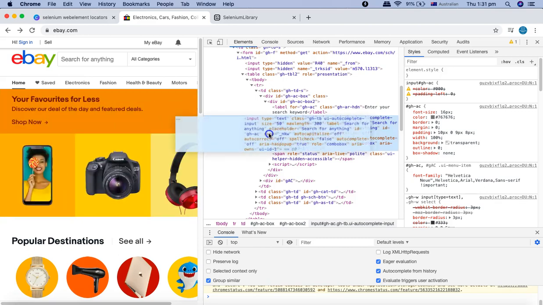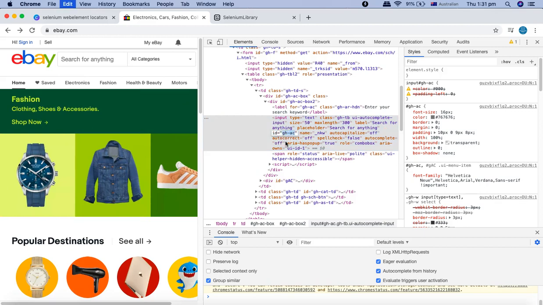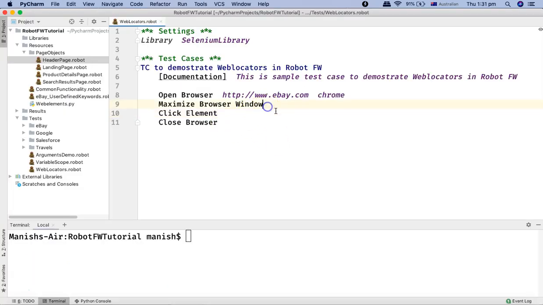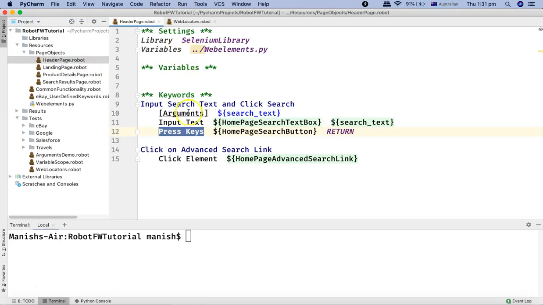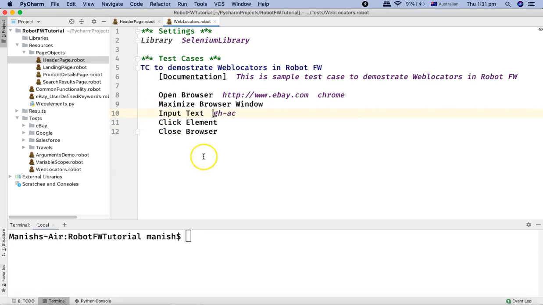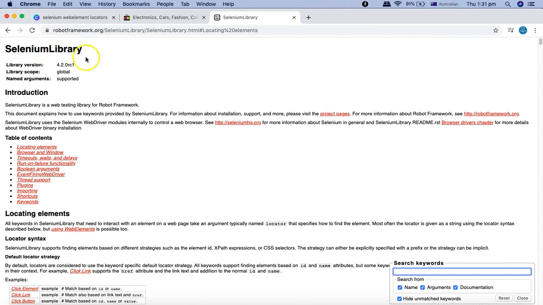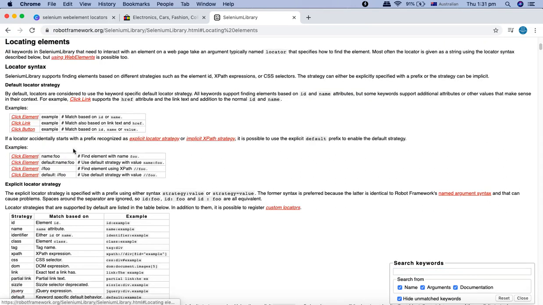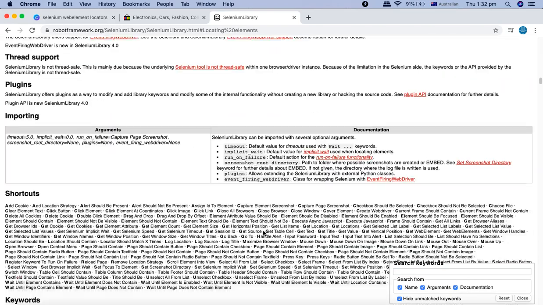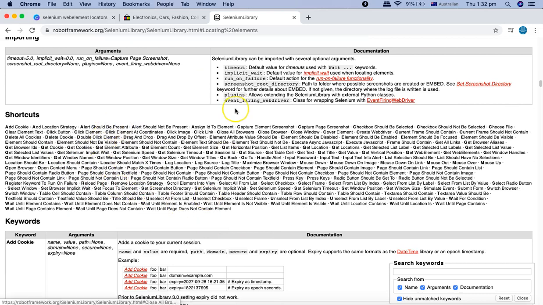So now what you can do is you can use this ID GH-AC and then pass on the text, right? So I'll copy this ID, and then you can use the keyword input text, right? So I'll use input text, and if you see on the Selenium library, the shortcuts or the keywords that are supported, so this is the Selenium library page, and if you go to locating elements, it will show you all the locating element strategies, and then below that it will show you the shortcuts or the keywords supported in the Selenium library. So if I click find input text